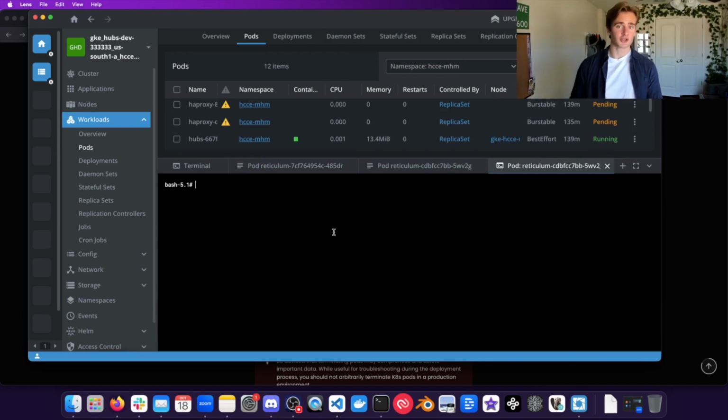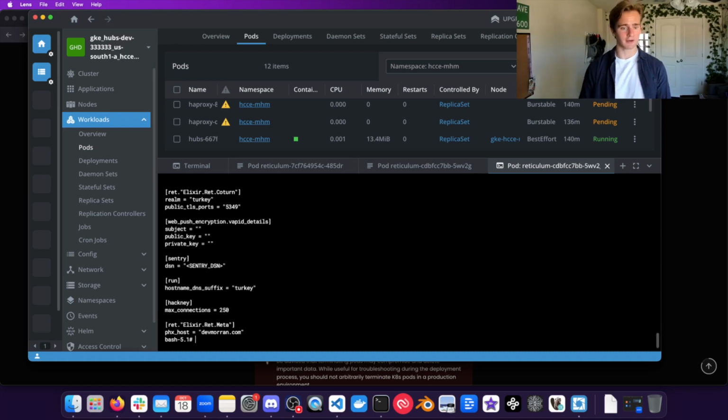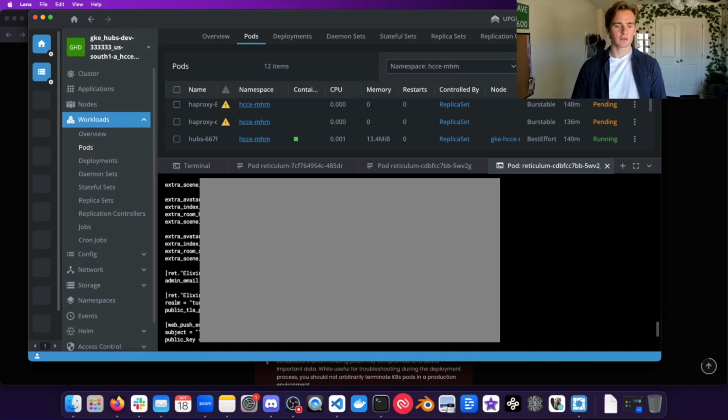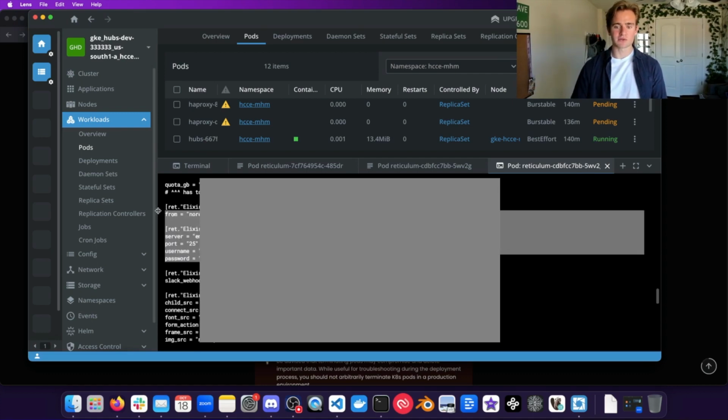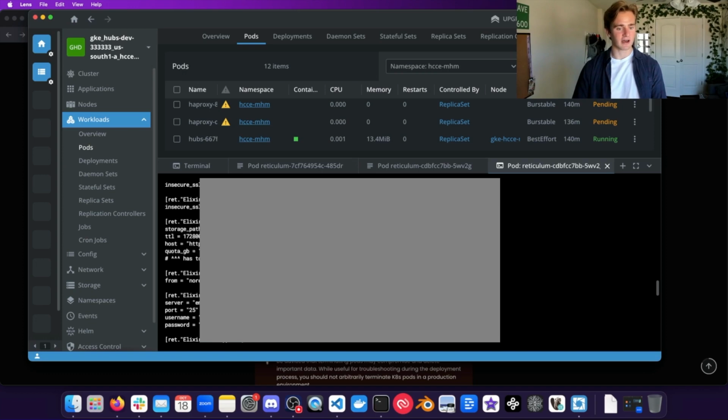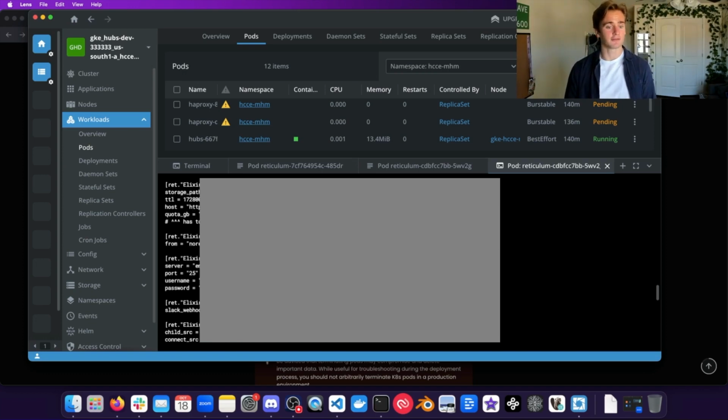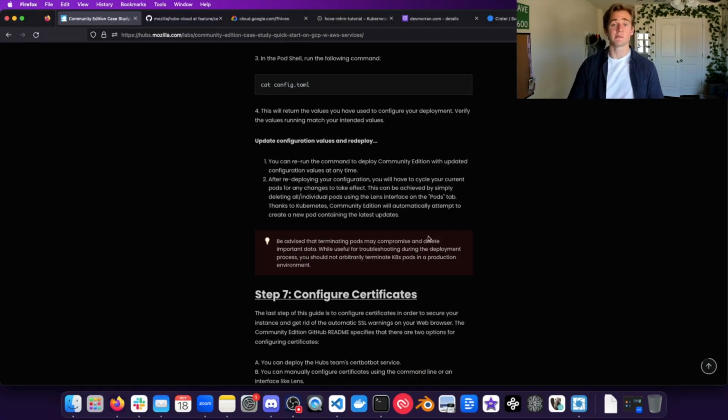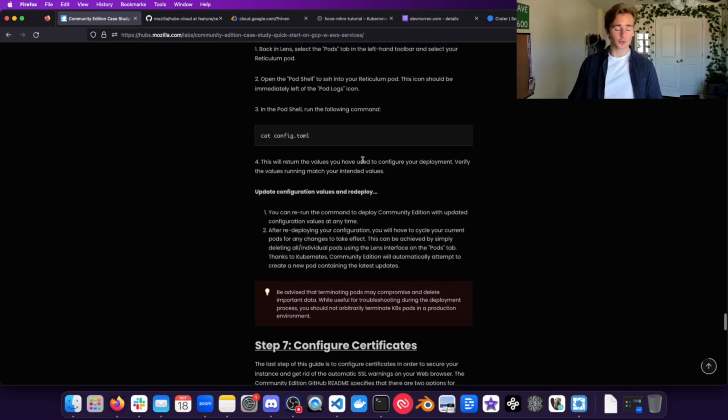And then if I want to check the file that I've uploaded and the values in there, I'm going to look into the config.toml file by typing cat config.toml. And if I look up in here, I can find all of those values that I specified in the hcce.yaml file. Awesome. The last tip I want to share as we're verifying our deployment is how you can reapply your